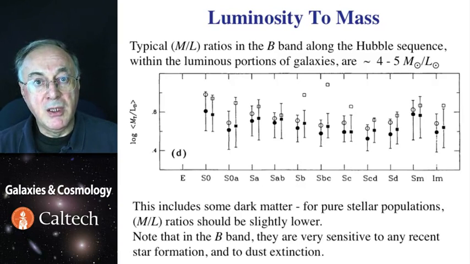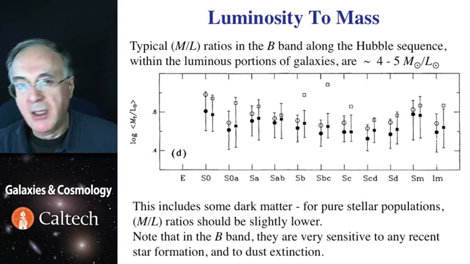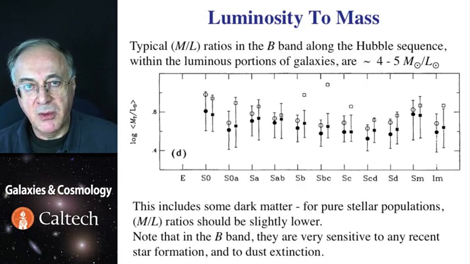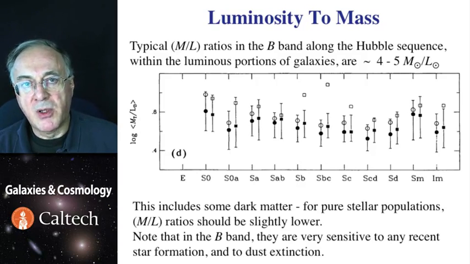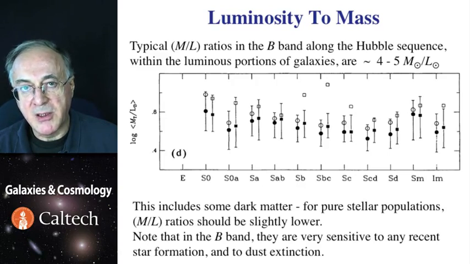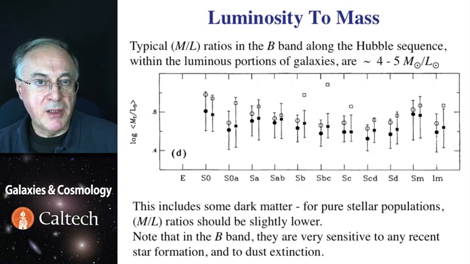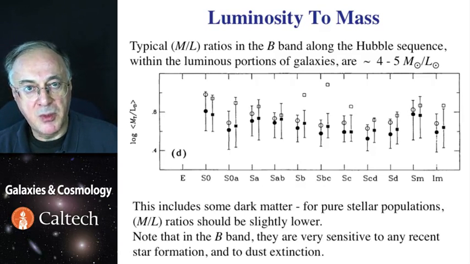Now, these measurements do include a little bit of dark matter, but it's not really important at the level we're talking about. Because the more massive stars are far more luminous per unit mass, and because they live shorter, the age of the stellar population plays an important role, and those that are dominated by younger stars will be more luminous per unit mass. Also, this will depend on the bandpass, because most of the light produced by luminous stars is in ultraviolet, so bluer bands will be more affected by star formation than the red ones. And the flip side of that is that blue light is more susceptible to extinction by dust, so the corrections for that have to be made.